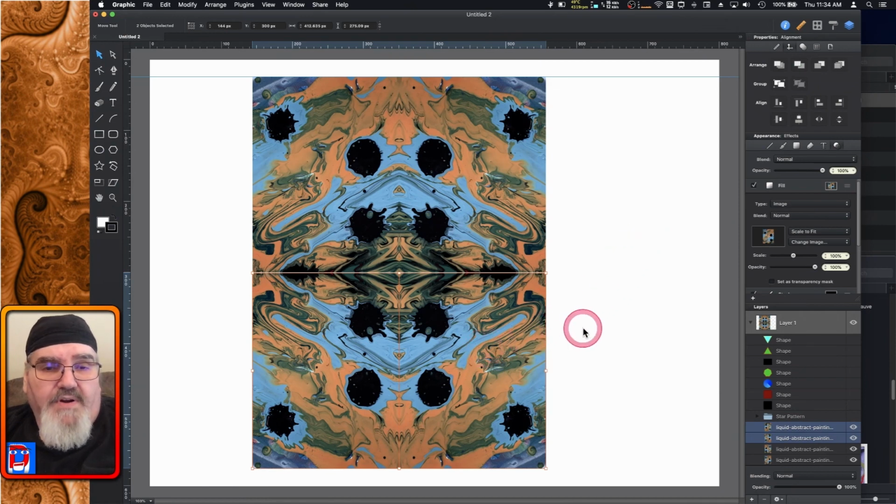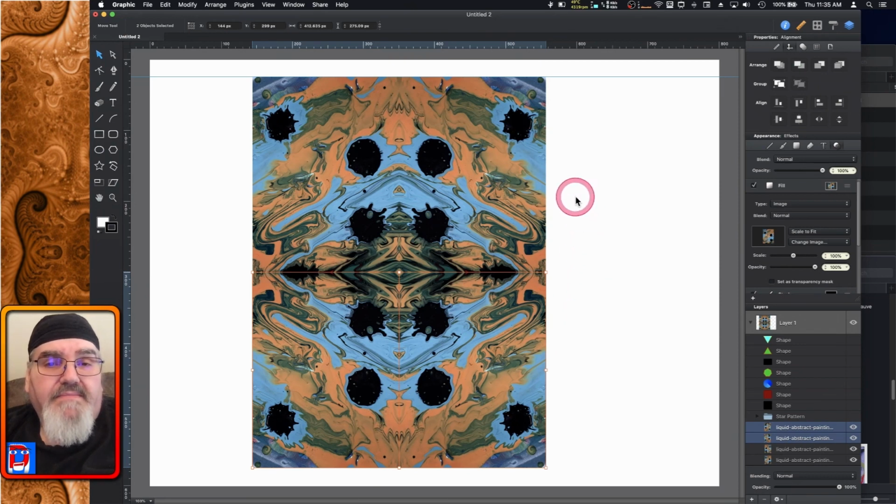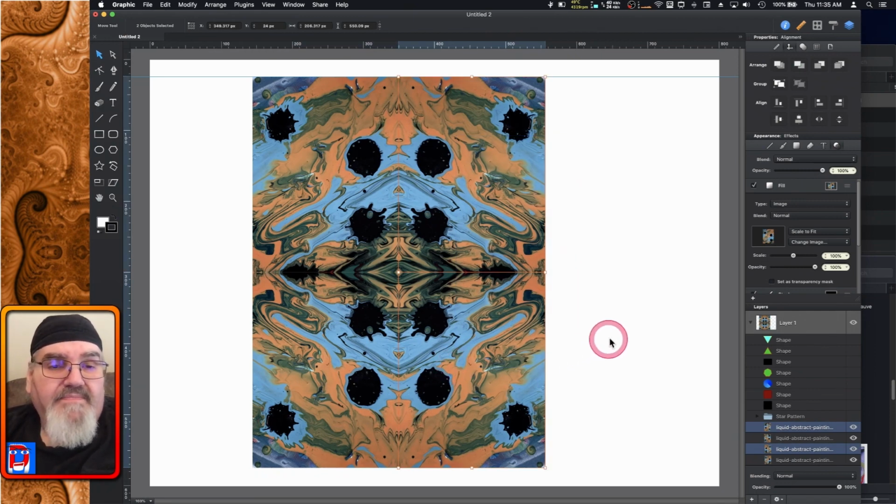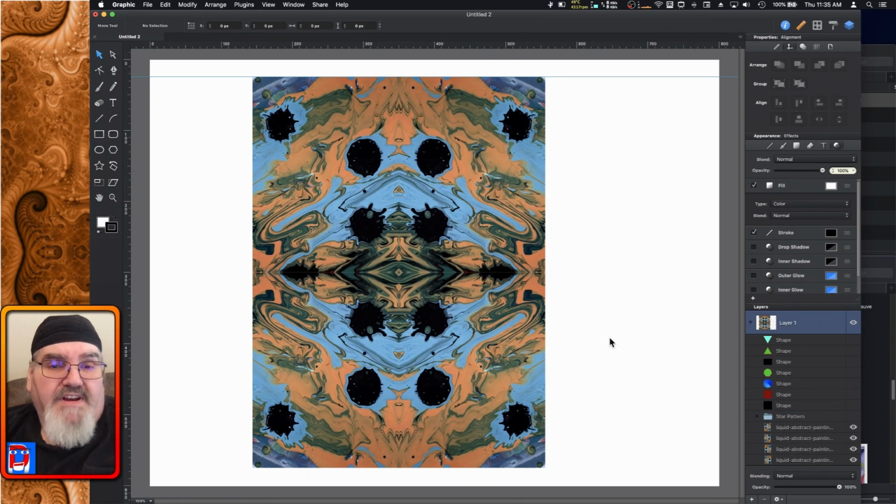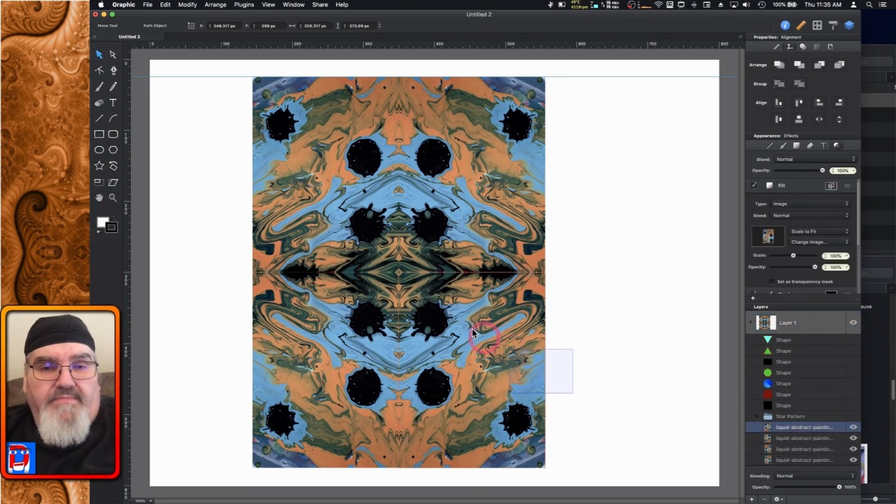Now there's a little bit of a quirk in how stuff gets spaced. So we're just going to nudge this up a little bit so that it's not leaving any gaps. And we're going to do the same here. We're going to select these two outside ones, and we're going to nudge it over to the left a little bit. And once we're satisfied we have no gaps, then to get our final image here, we're actually going to